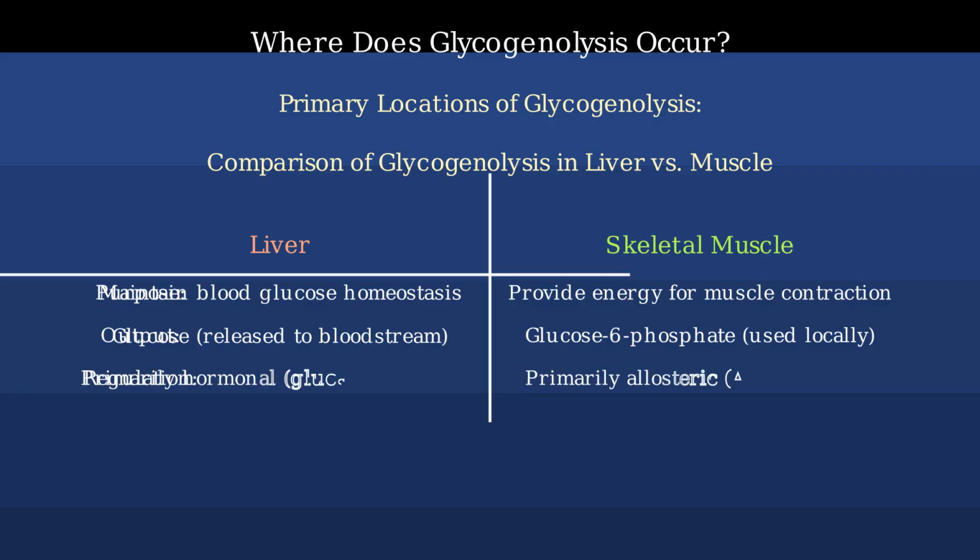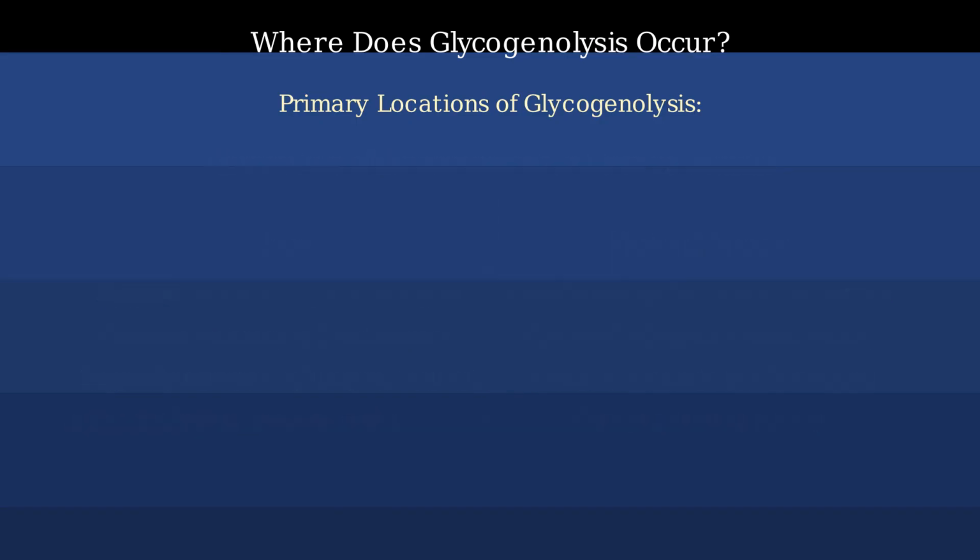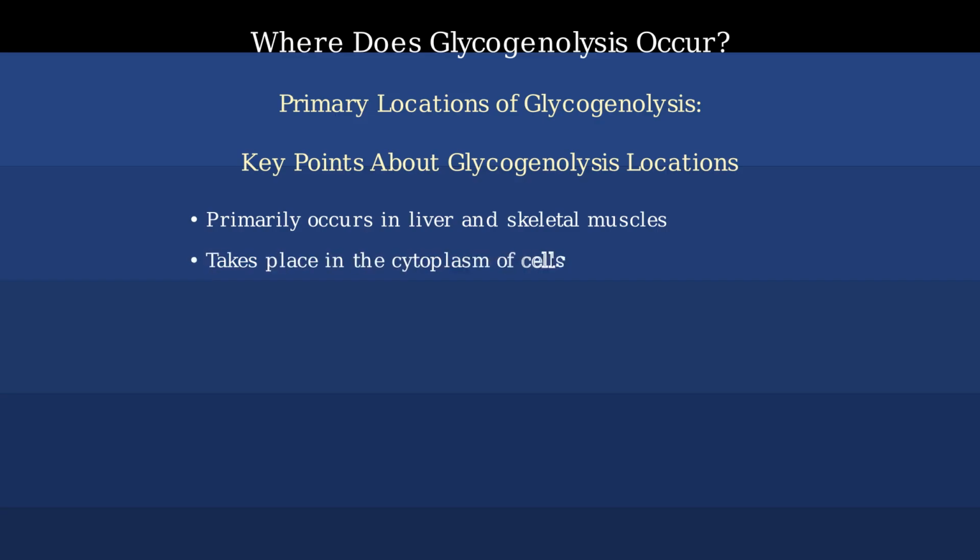Liver glycogenolysis is primarily regulated by hormones like glucagon and insulin, whereas muscle glycogenolysis responds mainly to allosteric factors like AMP and calcium. The liver is most active during fasting periods between meals, while muscle glycogenolysis increases during exercise and intense physical activity. To summarize the key points about where glycogenolysis occurs in the body,